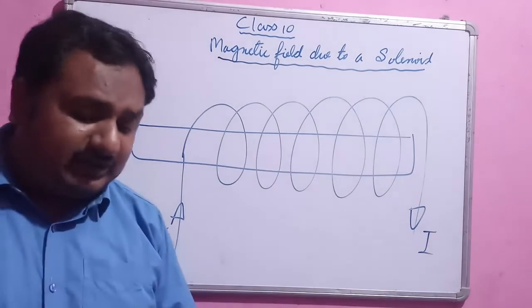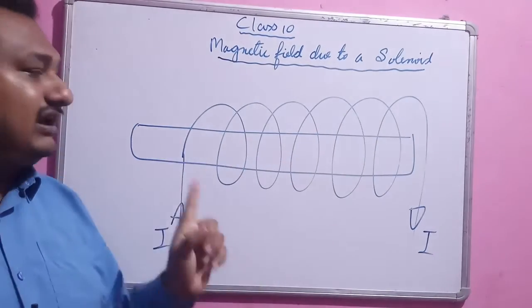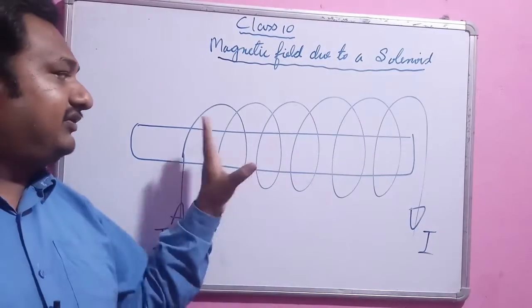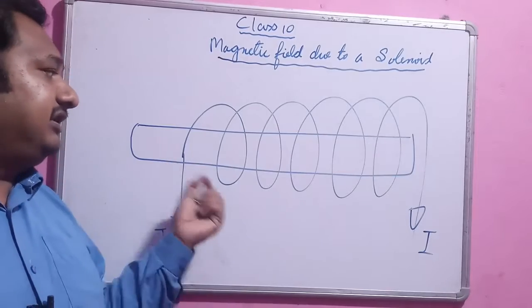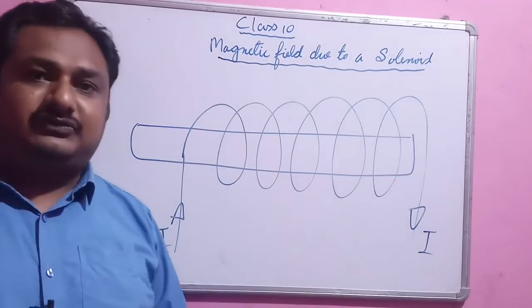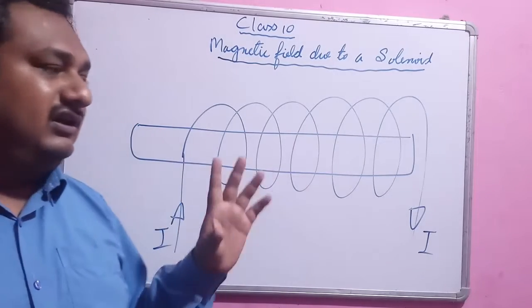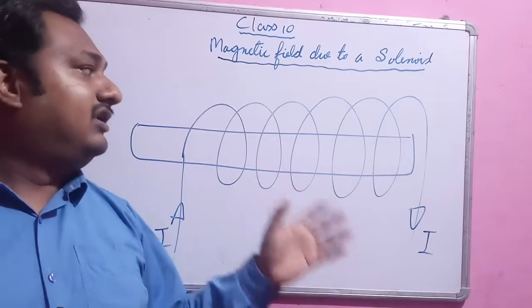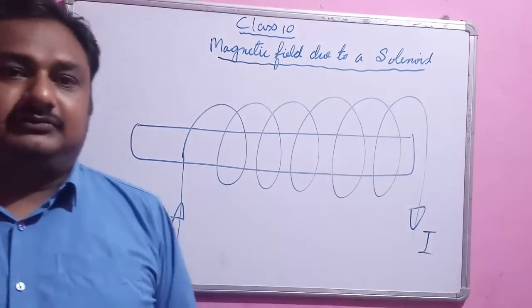मतलब मेरा कहने का मतलब ये है कि इसमें मैग्नेटिज्म कब तक रहेगा इस आयरन कोर में, ये तब तक रहेगा जब तक कि इस सॉलिनॉइड में करंट फ्लो होता रहेगा, तब तक इसमें ये मैग्नेटिज्म रहेगा. और जैसे ही ये करंट फ्लो होना बंद हो जाएगा, the magnetism on the solenoid stops and again it behaves as an iron core. Okay, so that is known as the electromagnet. Whenever a substance is magnetized by the magnetic field, that substance is called the electromagnet.